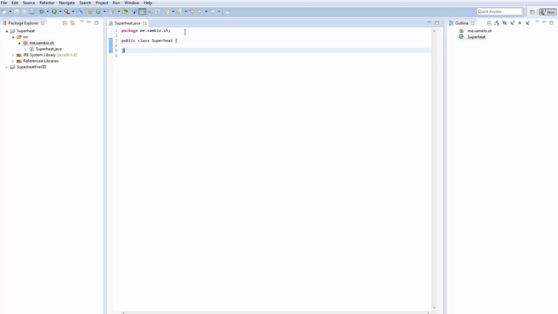And it should add this line of code to the top, package me.samkio.sh. And we have a very bare class file here. Not much going on. Literally three lines, and it's just defining the class. So let's extend this to make it the main file for our plugin. And what we want to do is extend JavaPlugin,